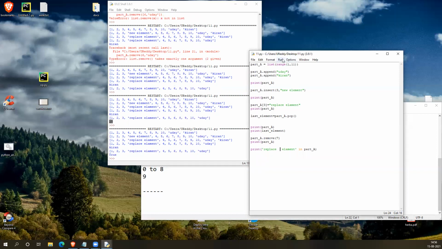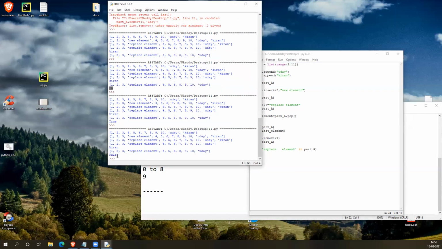So it will be a different element now, right? It's showing false now. Let me use the sort function. For the removal of 7, anyway it's sorted, but let me add a new value.